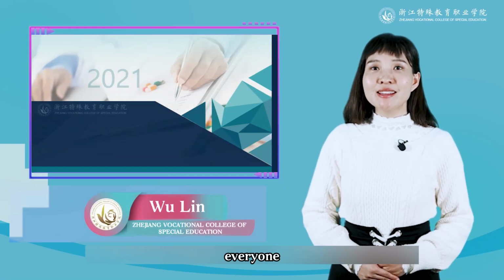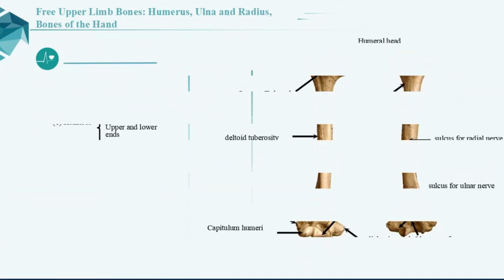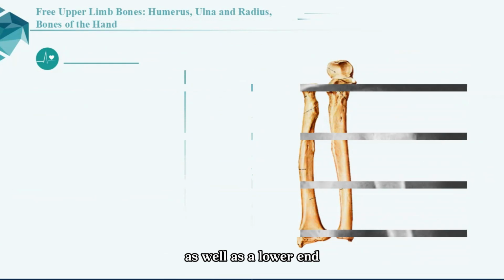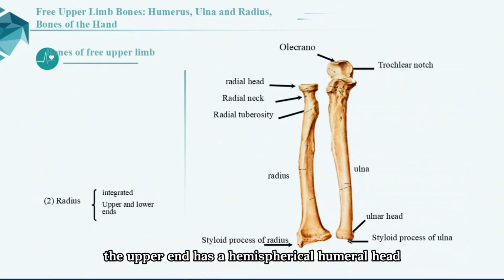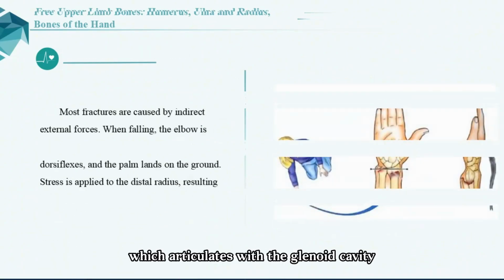Hello, everyone. Today we will conduct the study of the free upper limb bones. The humerus consists of one body and an upper end as well as a lower end. The upper end has a hemispherical humeral head facing upward, backward, and medially, which articulates with the glenoid cavity of